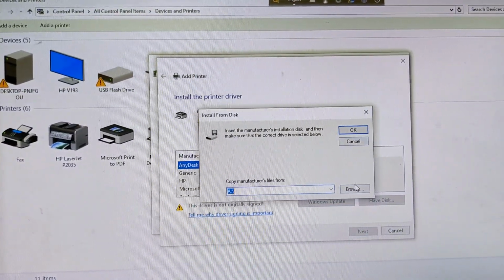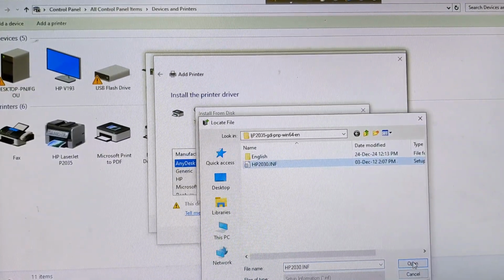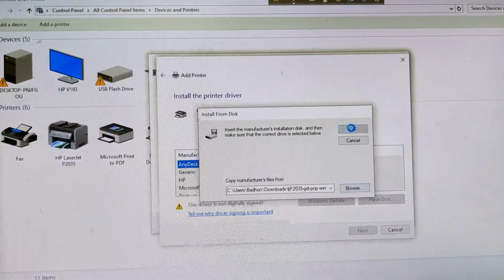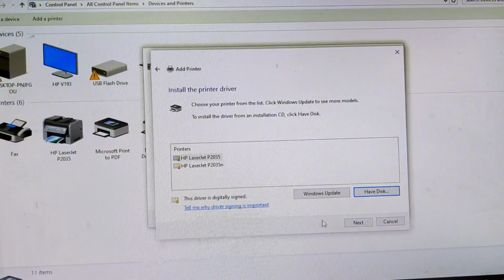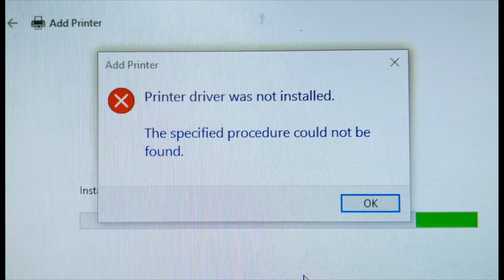Hard Disk, Browse and select the info and Open. OK, select OK. This method solved about 90% of printer problems, and if the problem is not solved, you will